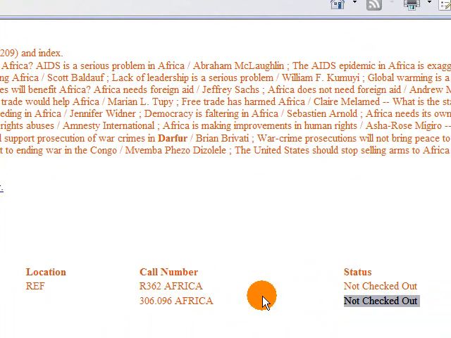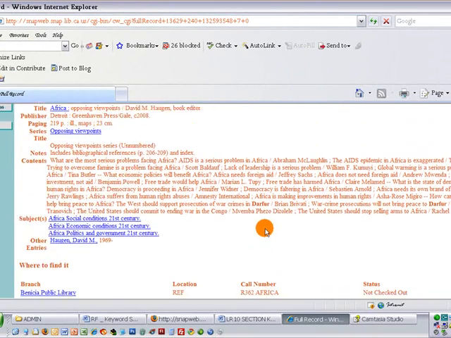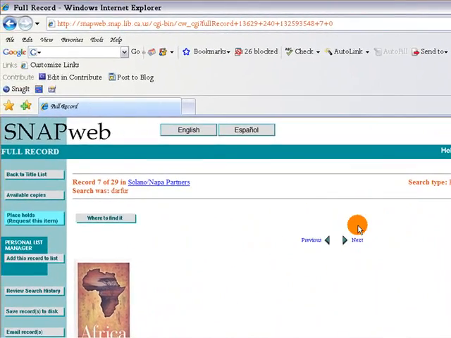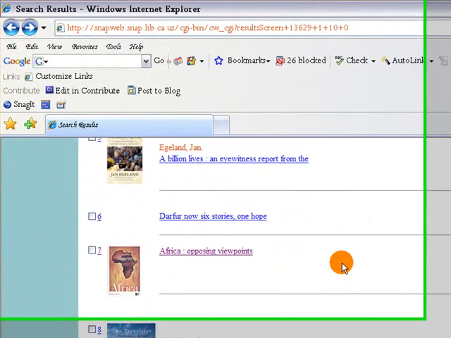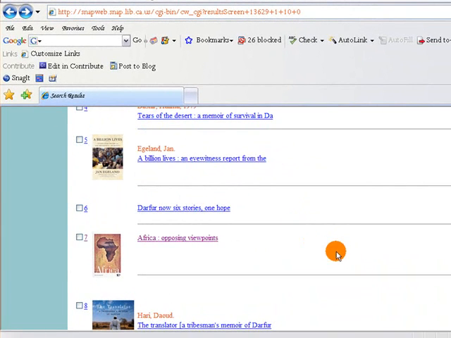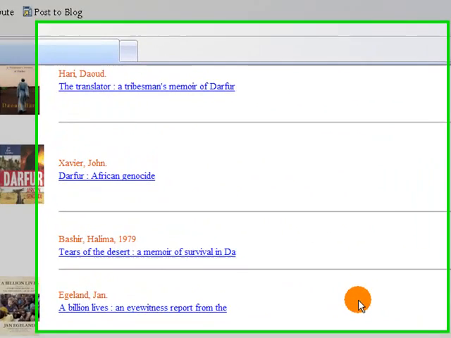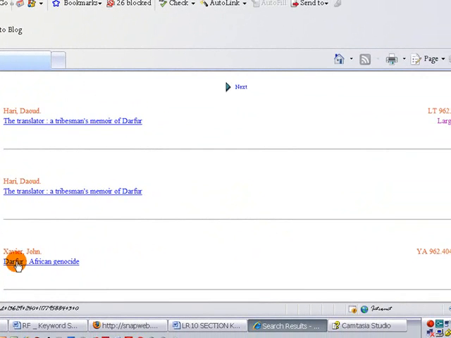But for now, I want to jump back to my search results, and we're going to try taking this keyword search on Darfur into a subject heading search that's a little more relevant to the topic that we started with, which was looking at genocide. So here, for example, even though this is a young adult book, and I would argue it might not be appropriate for college-level research,